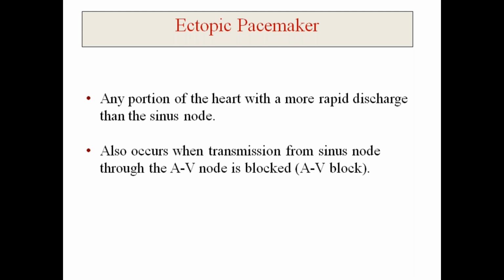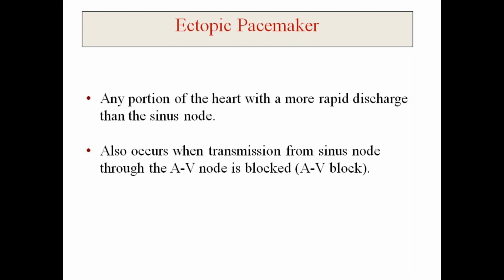Suppose the SA node cardiac impulse is carried to the AV node, and from the AV node to the bundle of His, and from there to the right and left branches, which go into the right and left ventricles. If there is a blockage at the level of the AV node, what will happen? Whatever impulse is generated in the SA node will not be able to go to the AV node, and will not be able to go to the ventricle. So what will happen? Your AV node will start generating its own impulses, and your ventricle will start beating at a rate that is synchronous with the impulse generation of your AV node. Whatever rate the AV node generates, the ventricle will beat at the same rate.